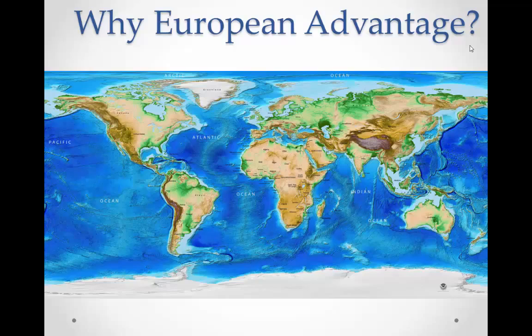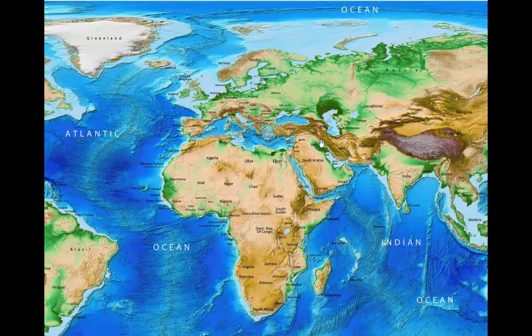And Jared Diamond, the man who wrote the book Guns, Germs, and Steel, has postulated that ultimately it comes down to a geographical advantage enjoyed by the Europeans and the Eurasians. I'm going to zoom in: the Fertile Crescent and really the cradle of civilization in ancient Mesopotamia, which is Iraq and Iran, along the Tigris and Euphrates River over here.